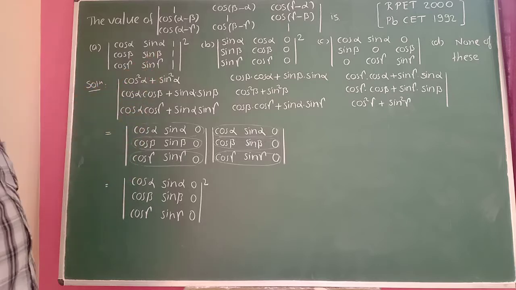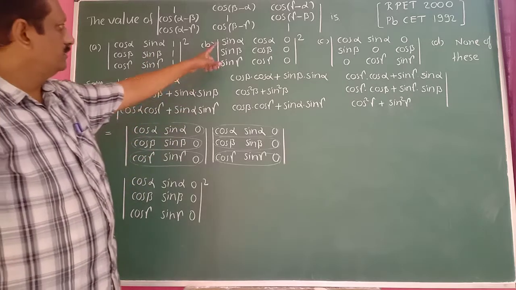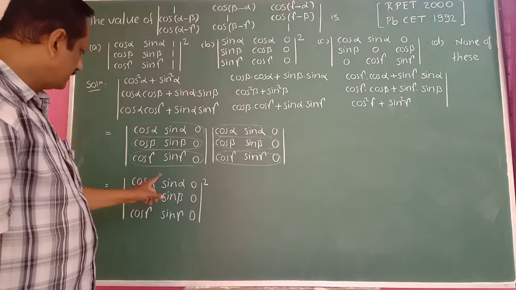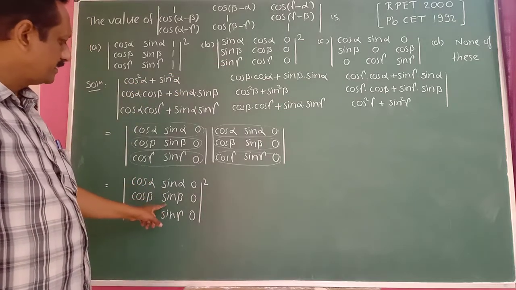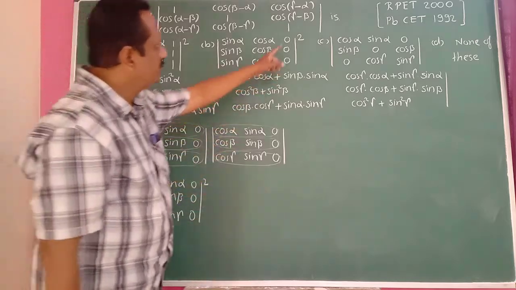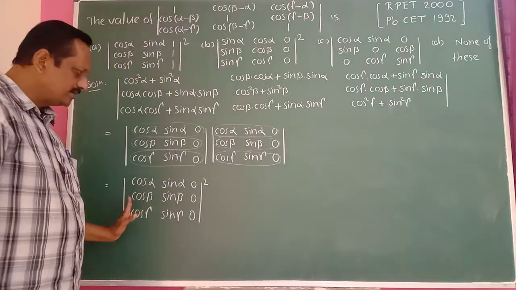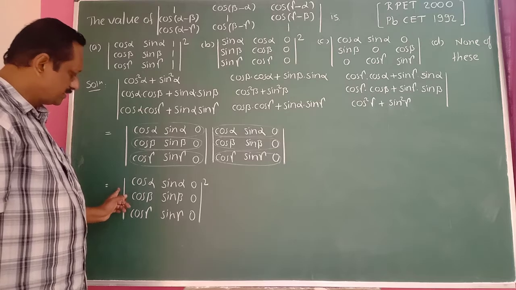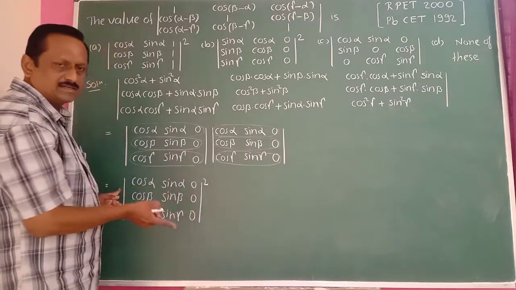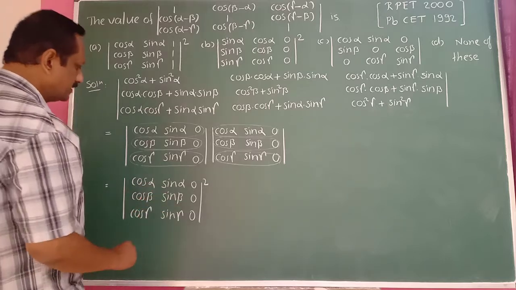In the second option, the first column here is sin alpha, sin beta, sin gamma, but here in the second column, sin alpha, sin beta, sin gamma is there. Means interchanging here, third row 0, 0, 0 is there. If you interchange then this plus becomes a minus, but a square is there. So minus becomes again a plus only.